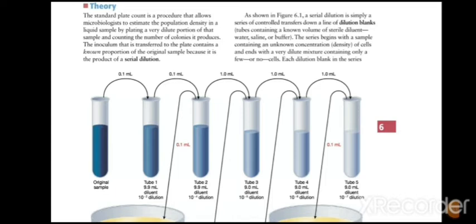Say, for example, the lowest dilution may have so many crowded colonies on the plate, so you should not take that plate. We can take the next plate among these dilutions, the plate which is showing a sufficient number of colonies. Sufficient means countable number of colonies. In general, it is a practice that plates showing 20 to 200 colonies are countable, and that plate we can consider for the further observations.